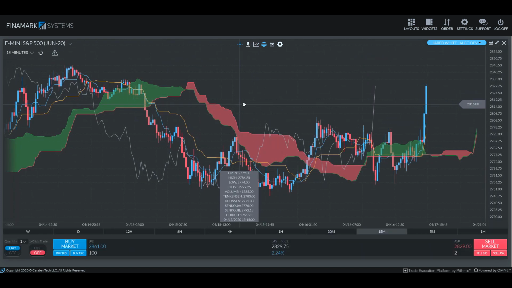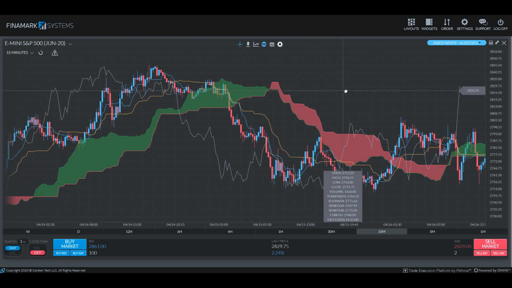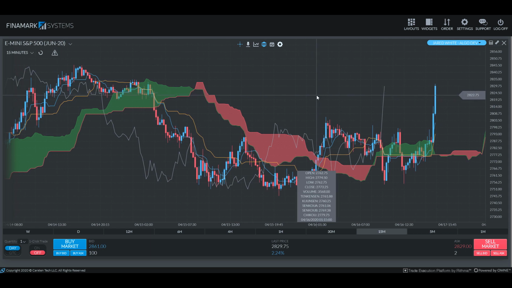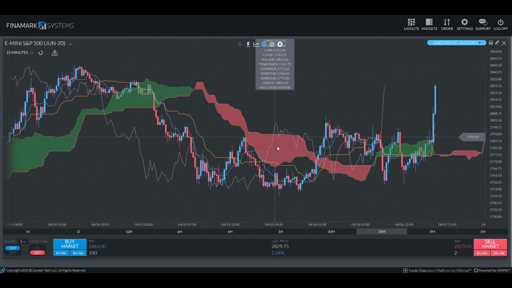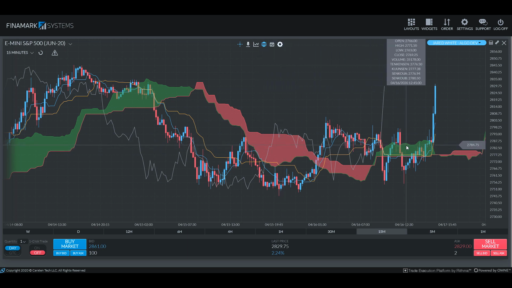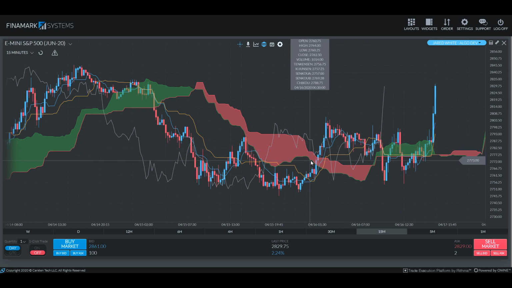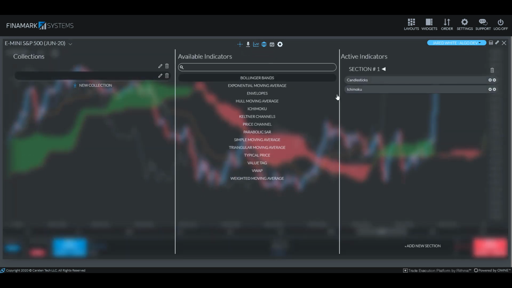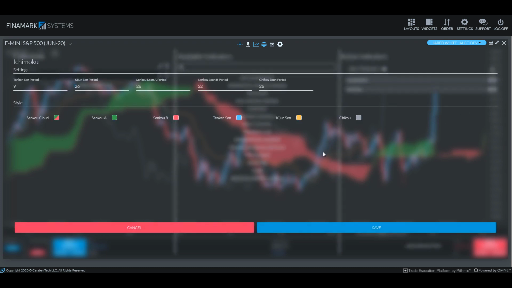And now that we've done that, you guys can see this crazy cloud that previously, if you'd seen it, you might have been scared. But let's break down exactly what we're looking at. Obviously, we have a red area that's shaded in, and we have a green area that's shaded in. We know that universally green is usually our bullish scenario and red is usually our bearish scenario. But if we ever forget what we're looking at, all we have to do is pull that indicator options section up again and click on the cog wheel, just in case you don't remember everything we just went over, and it's all displayed for you right here.